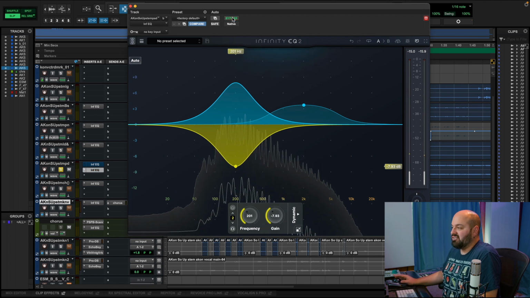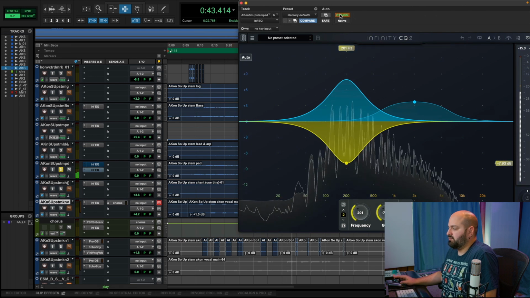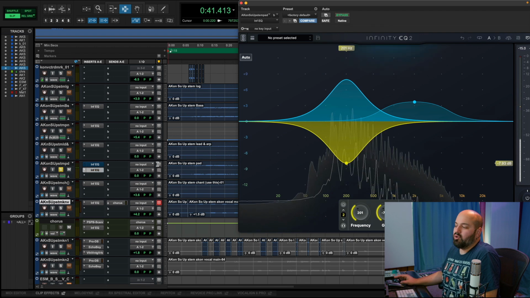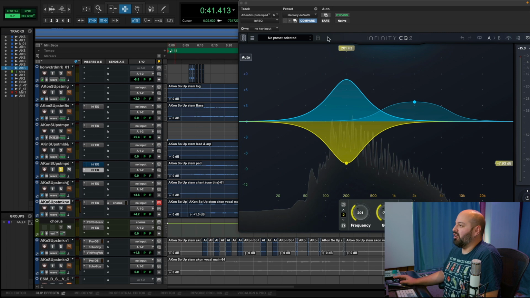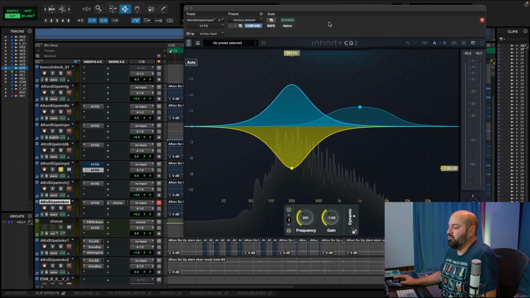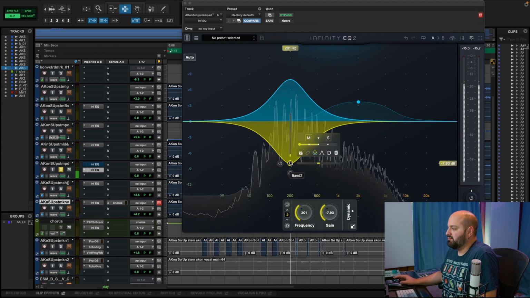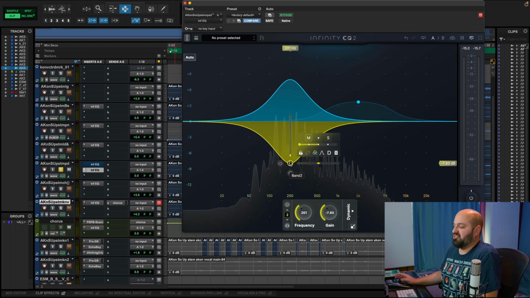So now we have this crazy, crazy wide signal. Of course, let's always check it in mono, right? There's like no low mids left in the mid channel. So in mono, we definitely are not going to have that mid information. Fortunately, we don't really need it because we've got everything else already there. I mean, to be honest, this is probably too much, but it's for demonstration purposes, so we're just going to